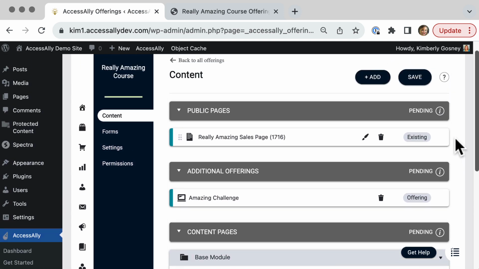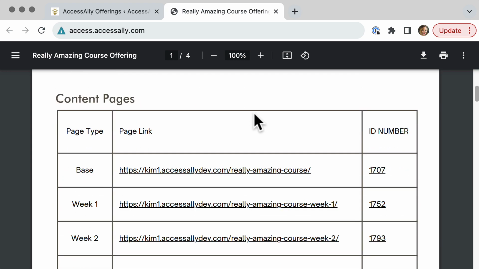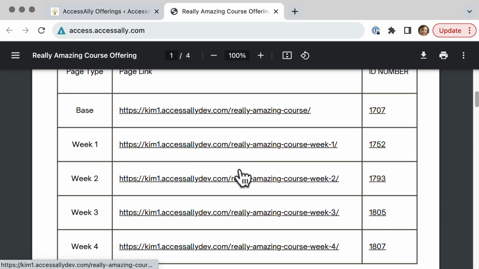So the next part for me is going to be to look at the content pages and add in the existing content pages and the modules. So right here, I'm going to go ahead and go to my really amazing course outline, and I'm going to look at my content pages. So first I have page 1707, and that is going to be my base page. So I'm going to skip over that one for now, and I'm going to go to week 1, which is